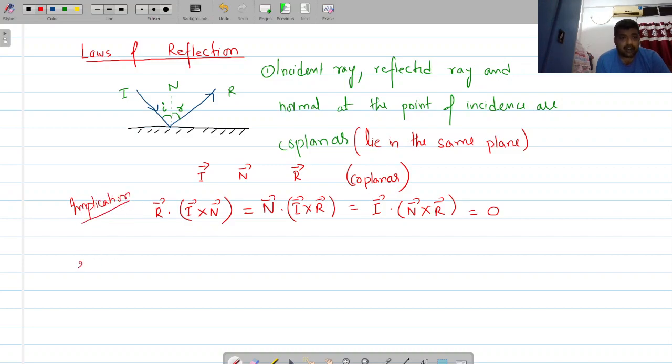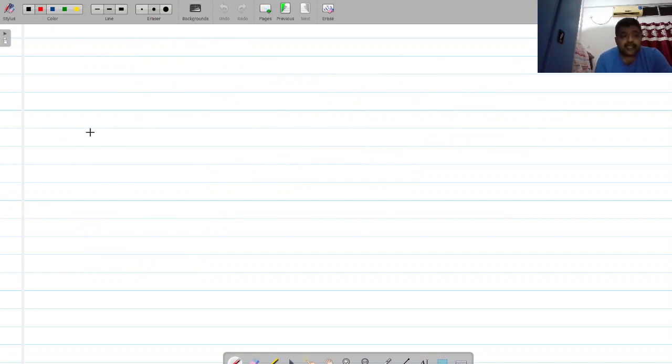Okay. Now the second law says that the angle of incidence is equal to the angle of reflection. Angle of incidence is equal to angle of reflection. Okay. Now there are certain special cases. One, when we have normal incidence. That means